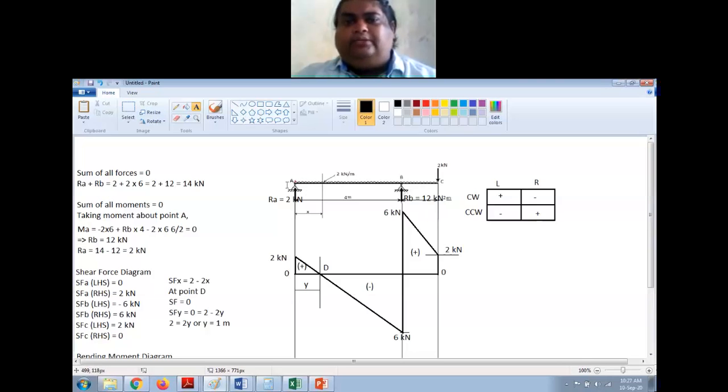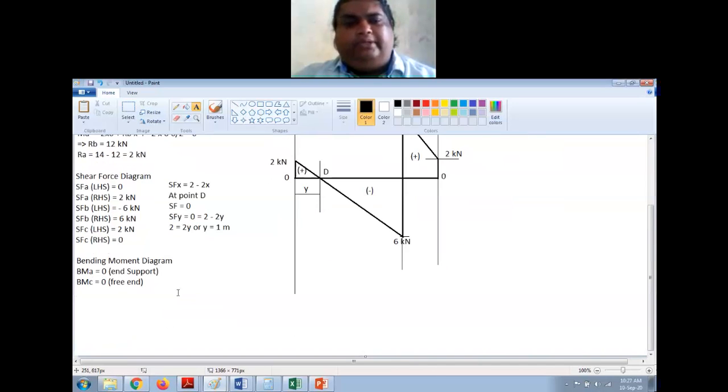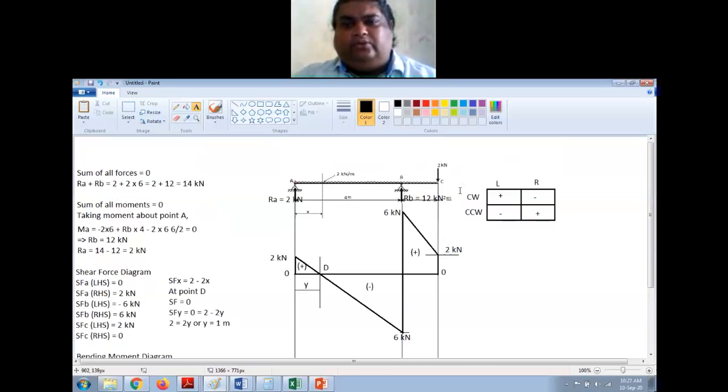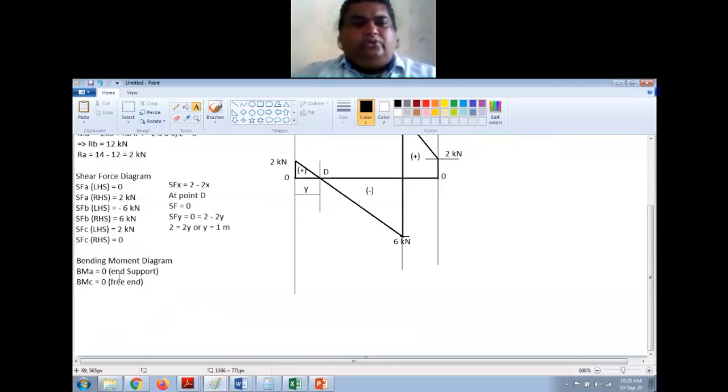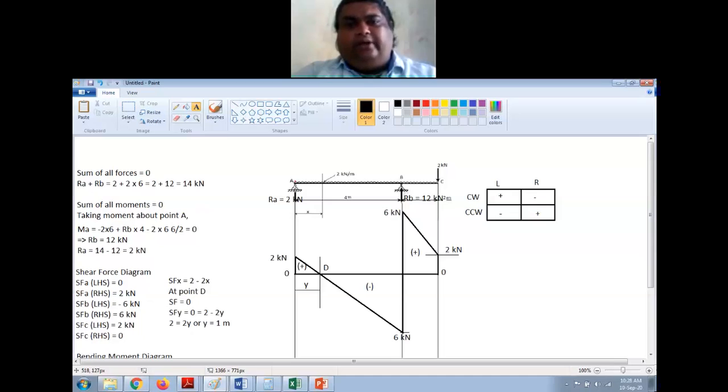If you have a couple at this point, we will see a numerical in the next class where you have a couple here. In that case, you will have bending moment positive or negative at that particular point, right? Since I do not have a couple there, it will be 0. And at the free end, if you do not have any couple at that point, it will be equal to 0, right? So I have done this. Next I have to find bending moment about B, right? Now at B, you have to find from left hand side and right hand side both,